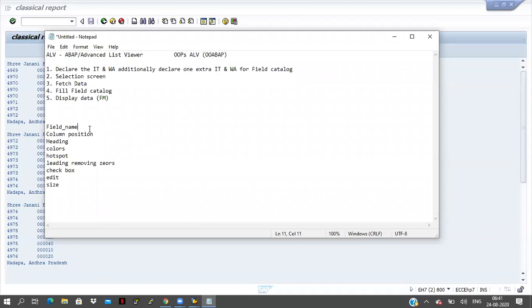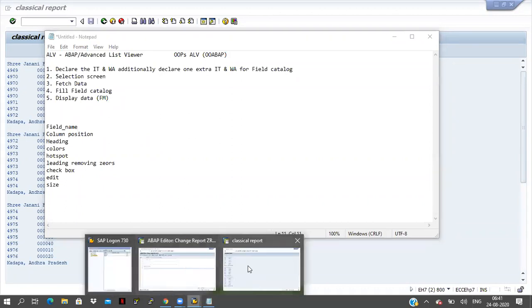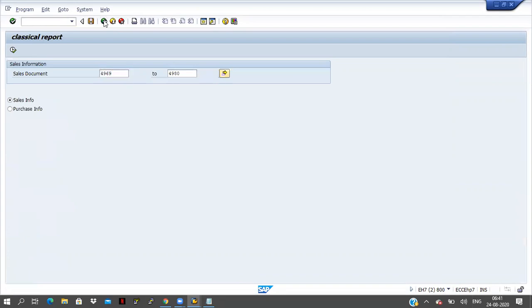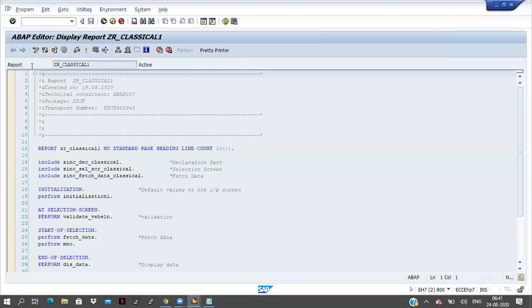So you are giving something order here. In the same order the data will display. If you write the first field as the material number, work area hyphen MATNR, the material number will display. So where is this data? This is the data here, right? The first one is the sales document number, next one is the item number, right? So what I will do, I will change the order for this one.